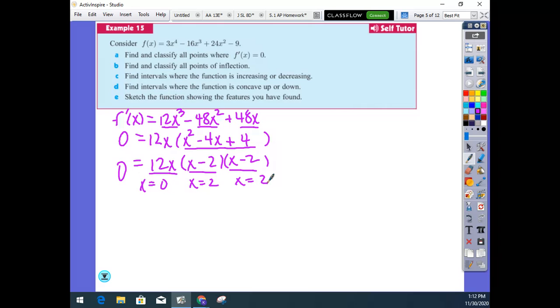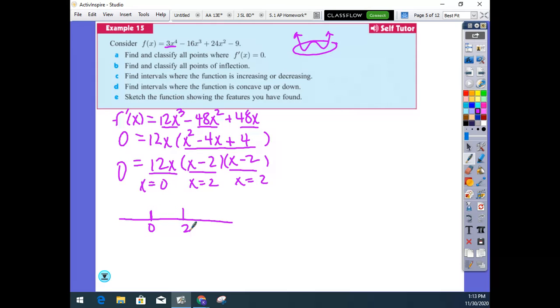So 3x to the fourth, that's kind of just a W, where my ends are both going up. It's really the middle that we got to figure out, because our W can look a lot of different shapes. Okay, so first of all, this exists everywhere. So it's a 0 slope at 0 and at 2. Technically over here we have negative infinity to positive infinity. We don't have any endpoints. So in this interval, let's choose